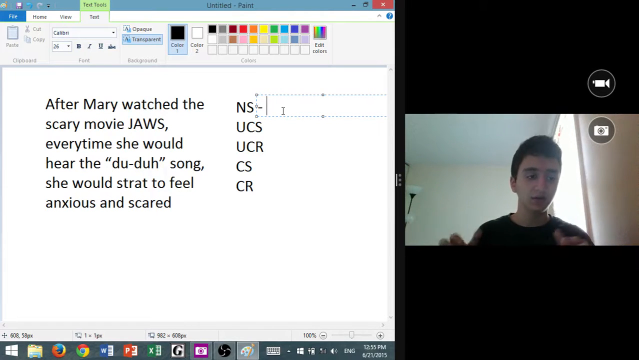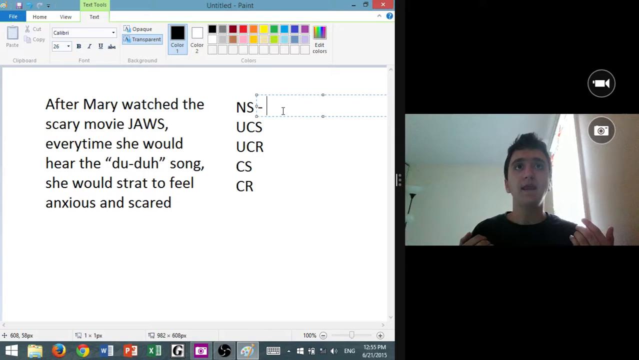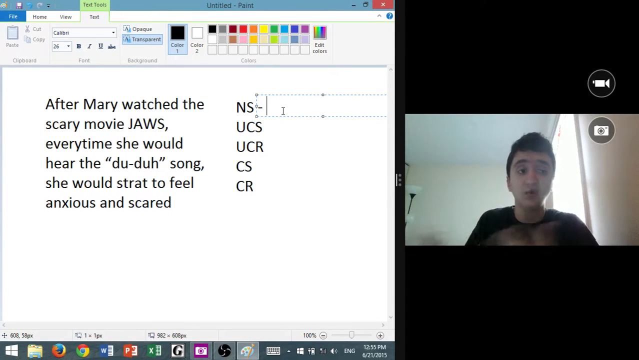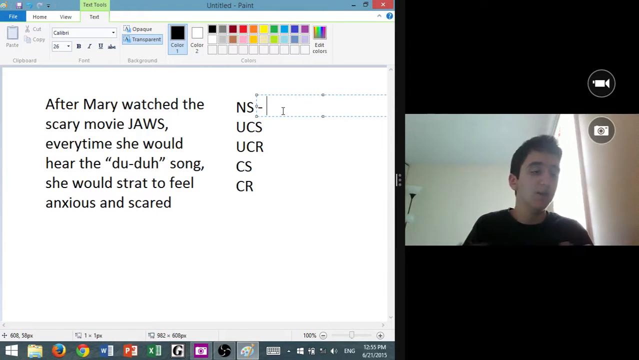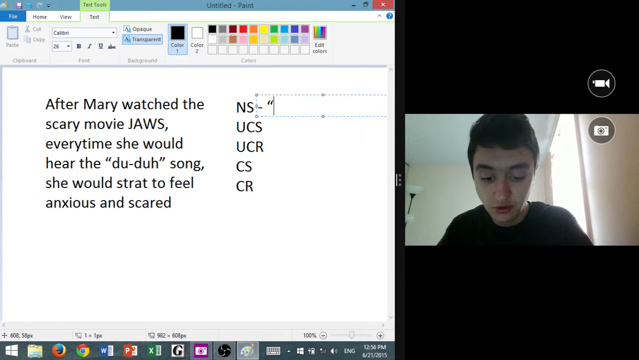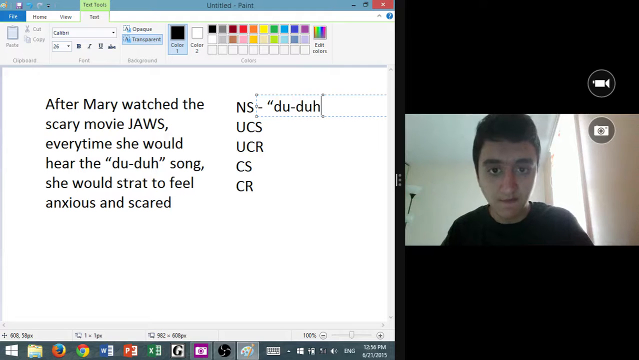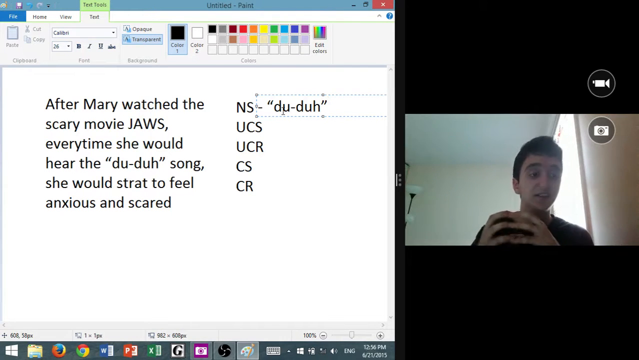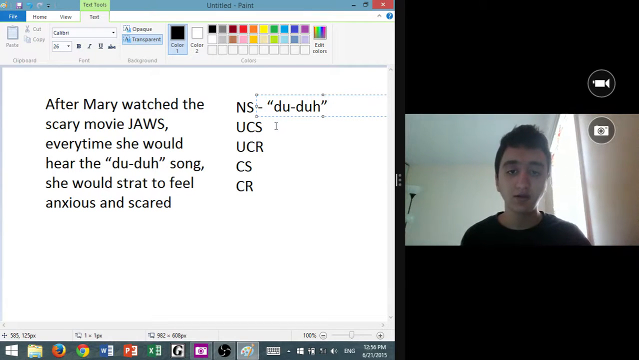The song does not associate with anything before you watch the movie, because the song is the same as any other song or any other short melody. So that is the neutral stimulus. When you find the object or stimulus that is not associated with anything before something happens, that is the neutral stimulus. Then you go to the unconditioned